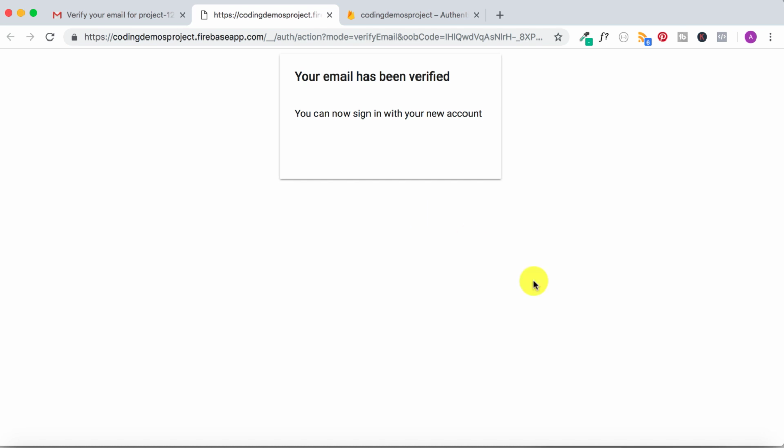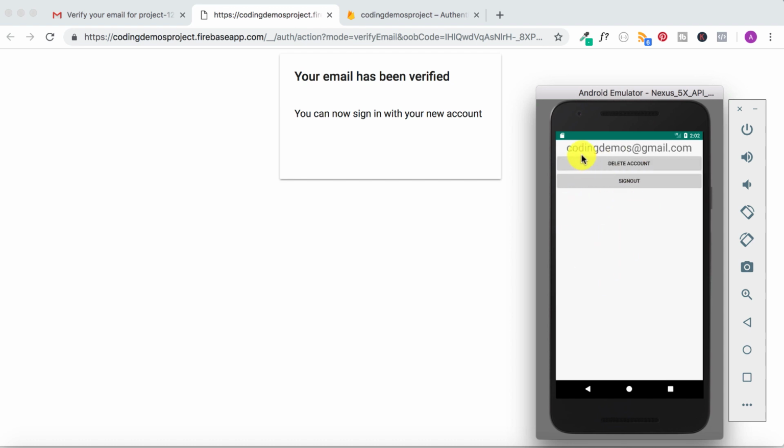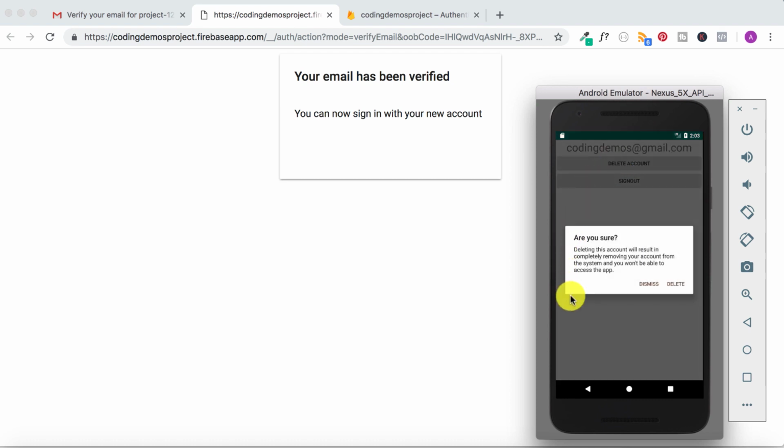That's good. Now let's go back to the emulator and I'm going to click on the login button. Since we have registered the user, we have verified the user. Now let's log into the app with that user. Click on login, and we'll be directed to the profile page. This is the profile page, and you can see there is a new button right here, which is the delete account. So when you click on the delete account, another dialog will show up,